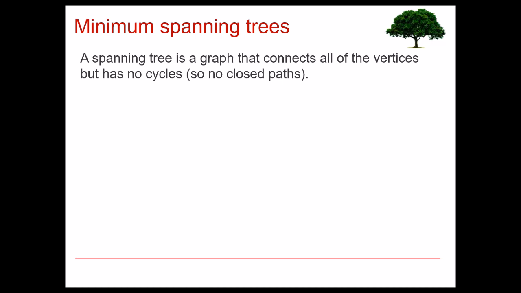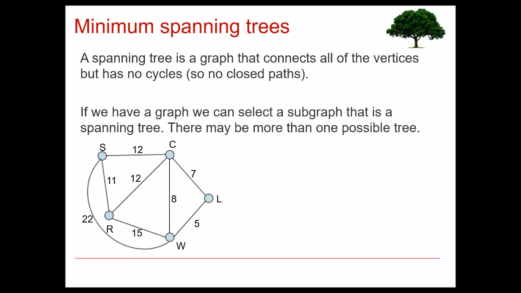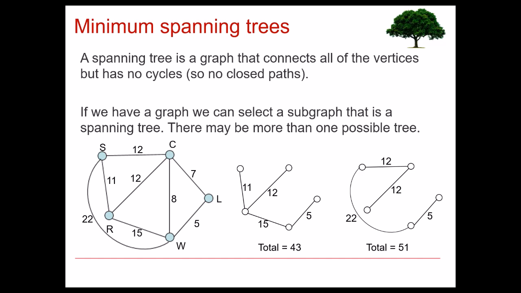So if we start, for example, with a graph that looks like this, we've got all sorts of options in terms of removing arcs until we're left with a tree. Okay, so two possibilities might be these, and what you'll notice is that yes, in both cases everything's connected and we've got no cycles, so that means we've got spanning trees. But if we add up the total weights, because this is actually a network, we have a different total here to here. So the question is, which spanning tree out of all the possibilities is going to give us the